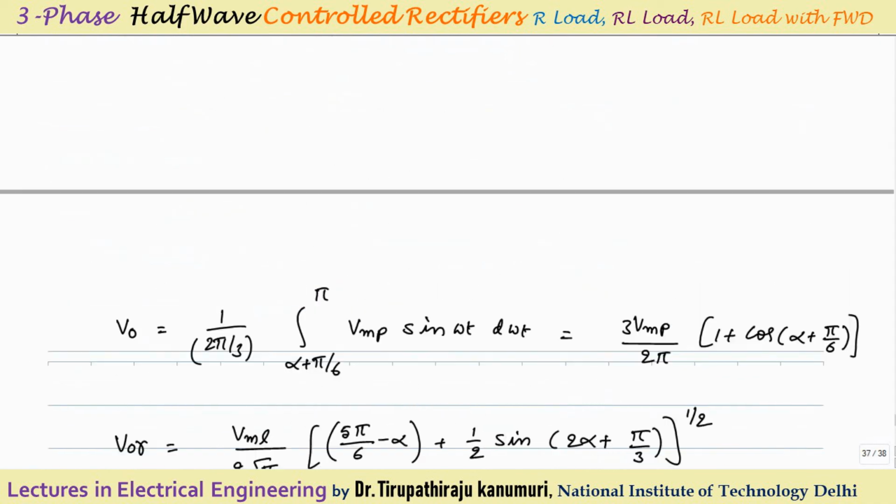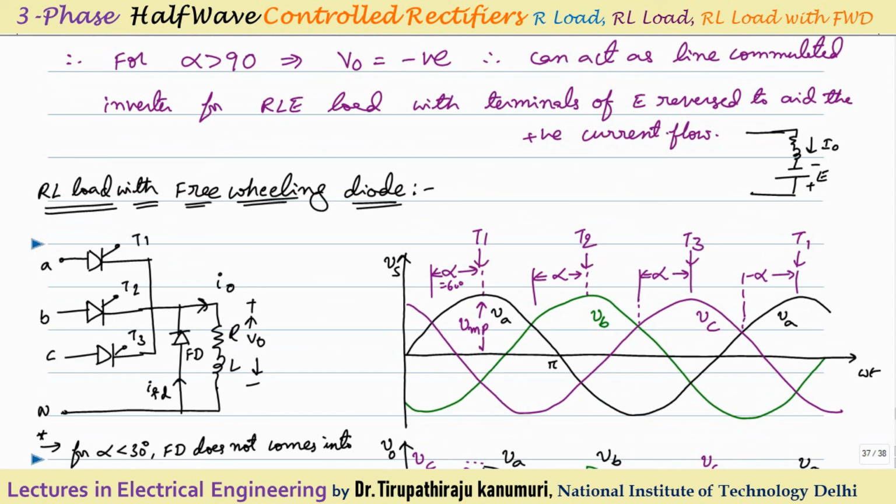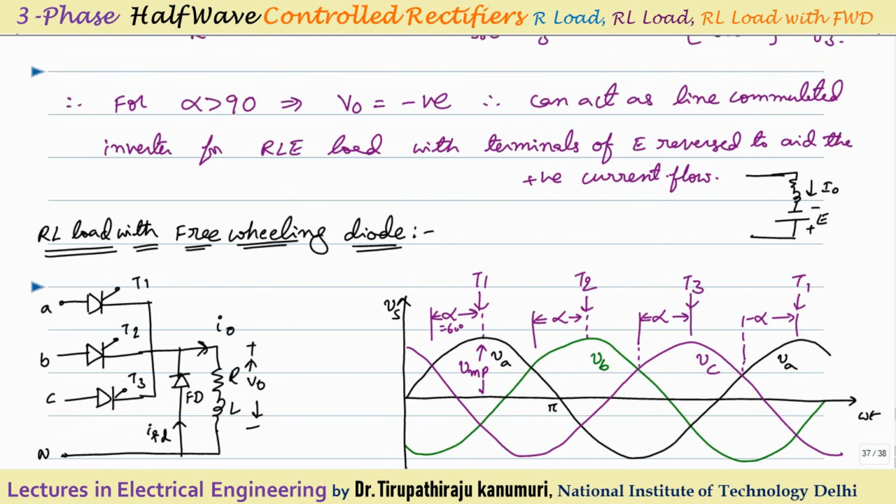So till now we have discussed the half wave controlled rectifier. First we started with the R load, and we saw that up to the angle of 30 degrees the conduction will be normal. If the value is greater than 30 degrees, there will be discontinuous conduction mode, that is a disadvantage. And if the value of alpha is greater than 150 degrees, no output voltage will come. In the case of RL load, we saw that negative voltage also can come. And when the value of alpha is greater than 90 degrees, we saw that it can act as a line commutated inverter, provided there is a voltage source also in the load,